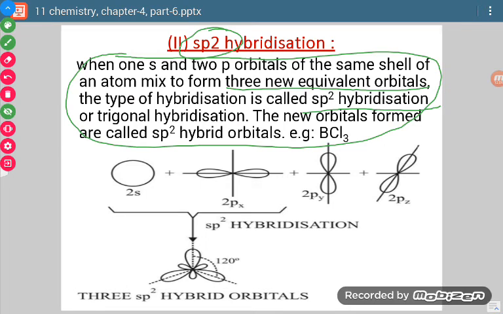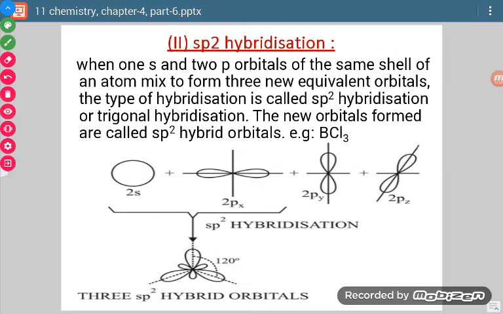Okay, now when three orbitals are combining, then three new orbitals are formed. Now those three will be arranged similarly as three bond pairs are arranged. How are three bond pairs arranged? They are arranged in the trigonal planar geometry. So there is an angle of 120 degrees. Okay, and so what we will say, in sp2 hybridization there is formation of trigonal planar geometry with each bond angle equal to 120 degrees.